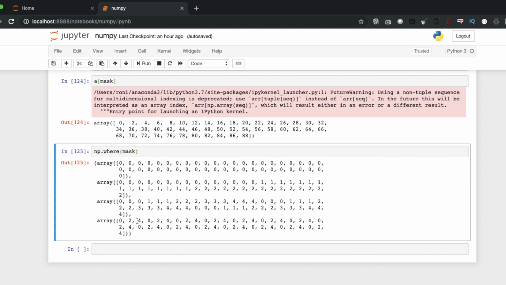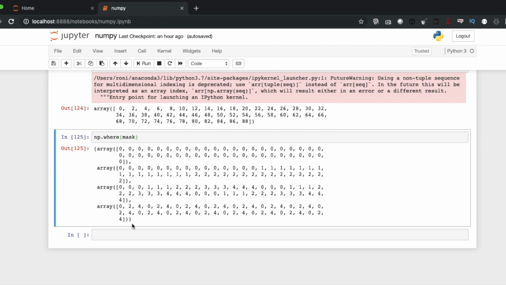So basically the first element is 0, the second element is 2. It should be 0, 1, 1. Not sure.